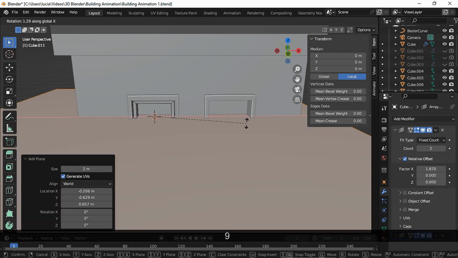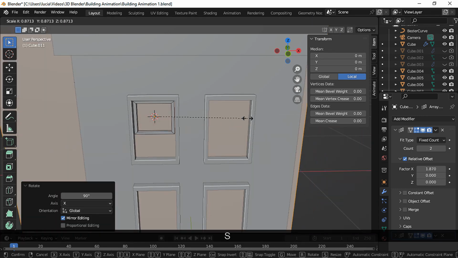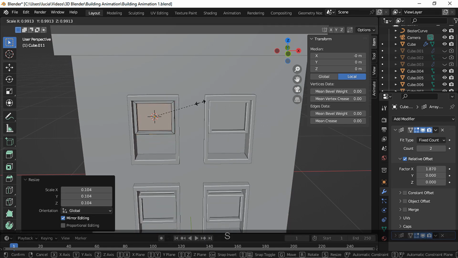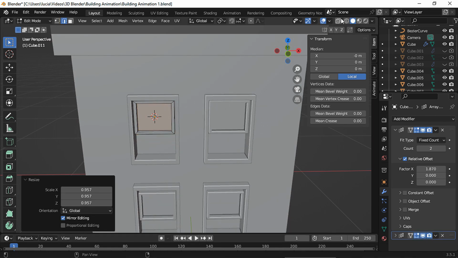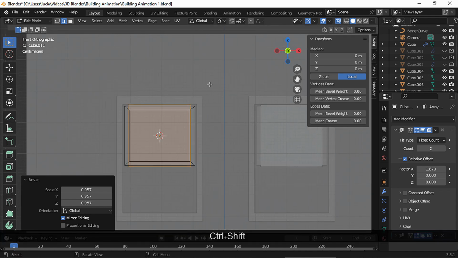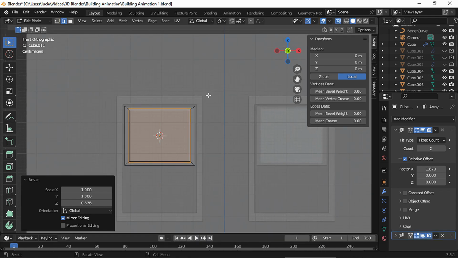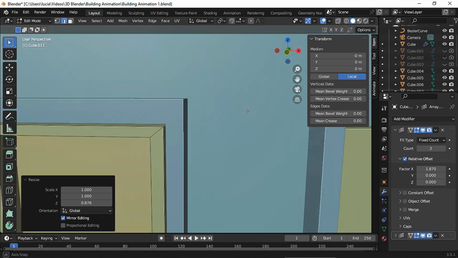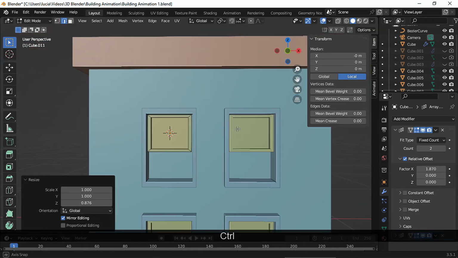Rotate the plane 90 degrees on the x-axis and scale it down. Let's make things easier to see and make sure the glass is not covered by the building.